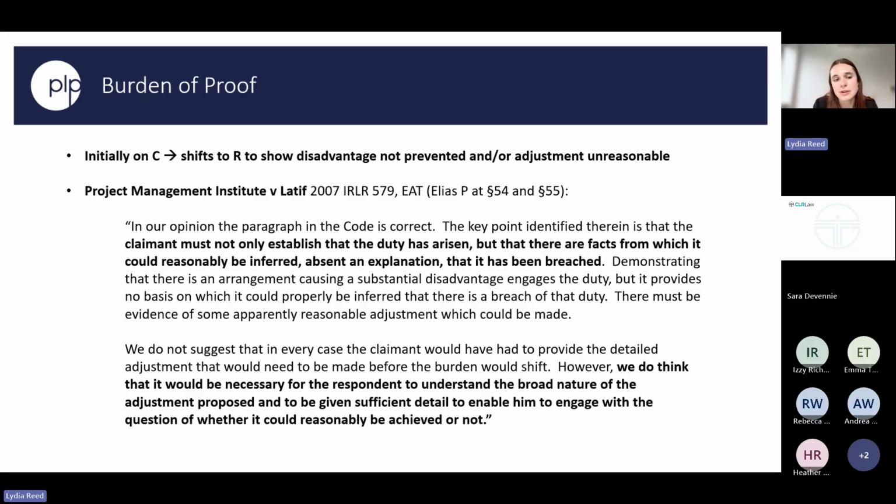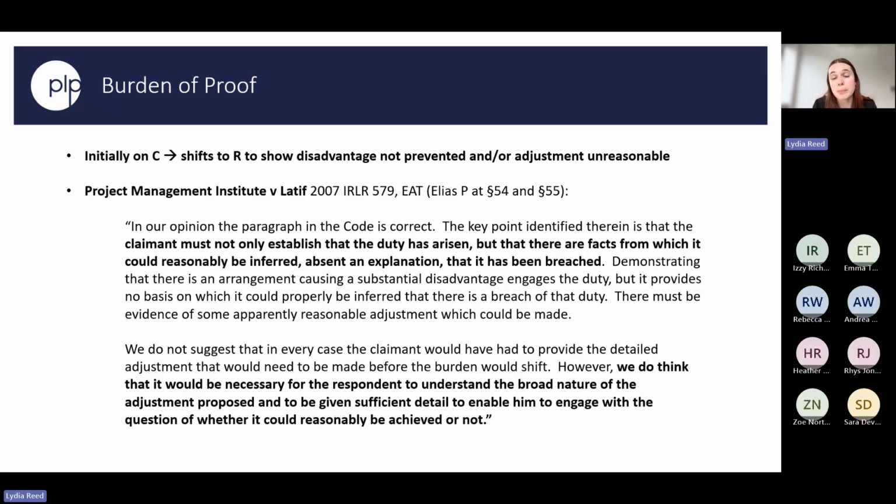That's not to say that the adjustment should have been put forward at the time that the claimant is complaining about. The proposed adjustment can be identified after the alleged failure to implement it, and it can be raised by the tribunal itself. But the respondent